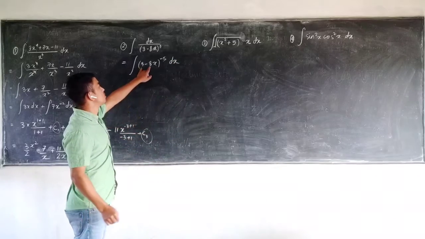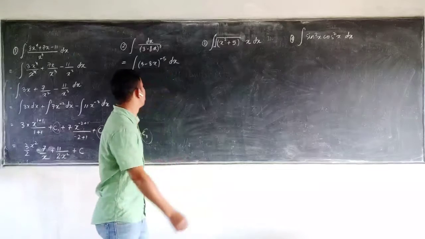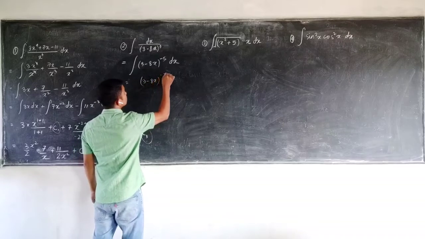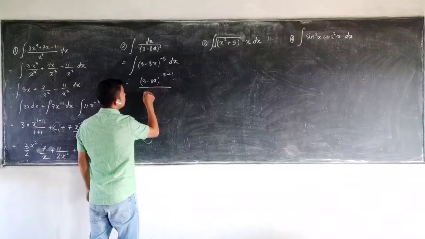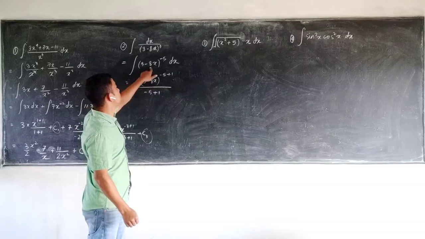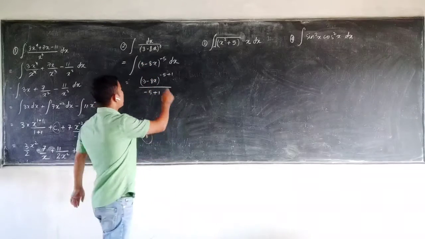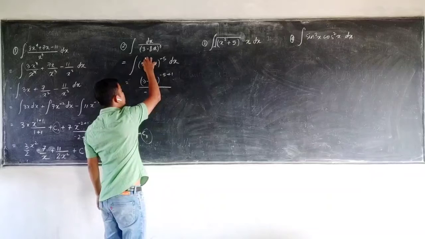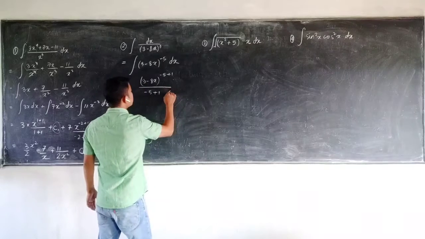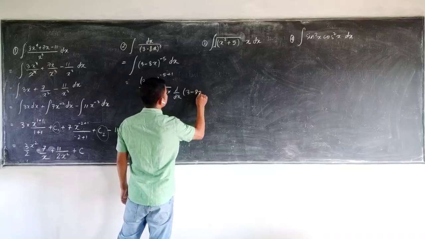Now I'll consider the function of x as a single x, so that I can apply the formula of integration of x to the power n. So I'll read this as: the base here is 3 minus 8x, n is minus 5, so n plus 1 is minus 5 plus 1, divided by minus 5 plus 1. Now, since this function was not simply x, it was a function of x, I need to differentiate it once again. So I'll divide by the differentiation of this function inside the given integral, so I'll write it as into d by dx of 3 minus 8x.